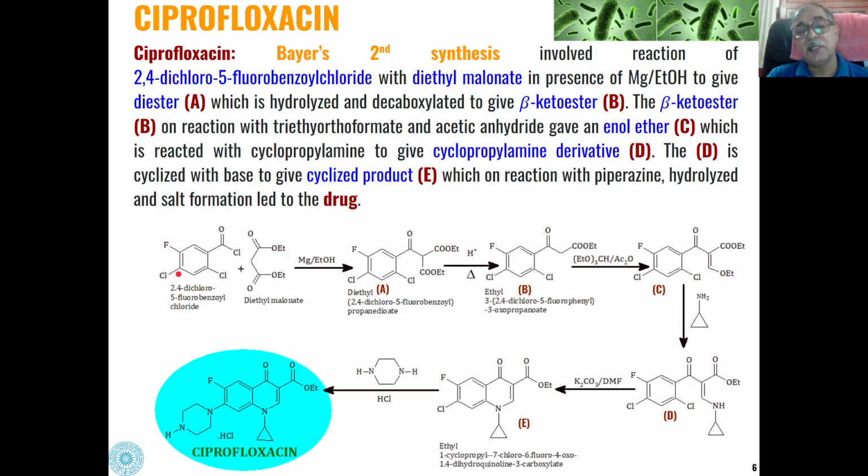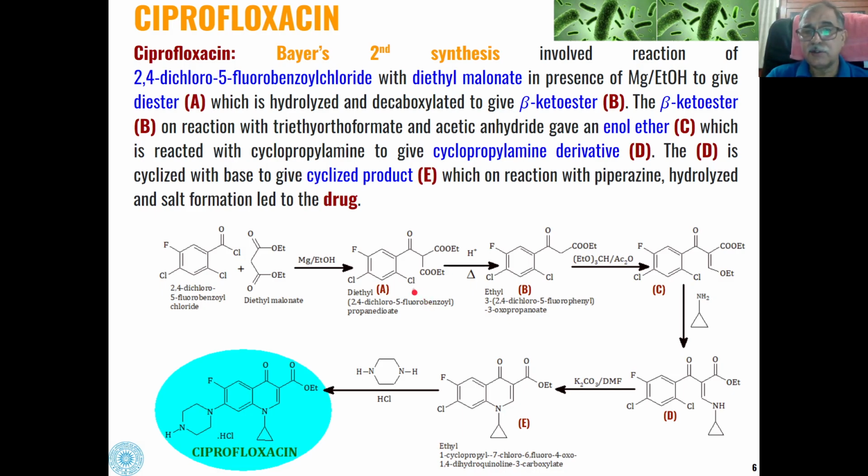You can see that in case of first method we have used all the three fluoro groups, and in the starting material over here two of the fluoro groups have been replaced by chloro groups. So 2,4-dichloro-5-fluorobenzoyl chloride is used, and when this is reacted with diethyl malonate, the corresponding diester